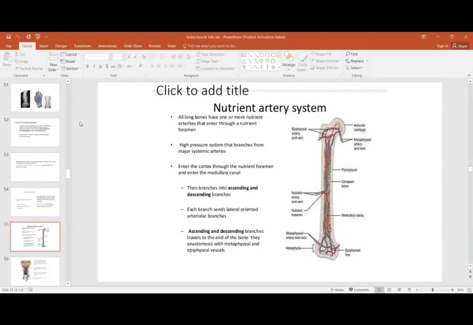The nutrient artery, as you see in the center, is going to enter into the nutrient foramina, and when it enters into the bone marrow, there it is going to divide into an ascending and a descending branch. These ascending and descending branches reach up to the level of the metaphysis. There it is going to anastomose, if ossification has taken place, with the epiphyseal vessels which are there on the epiphysis. It also sends branches to the outside, that is, to the peripheral part of the cortical bone.